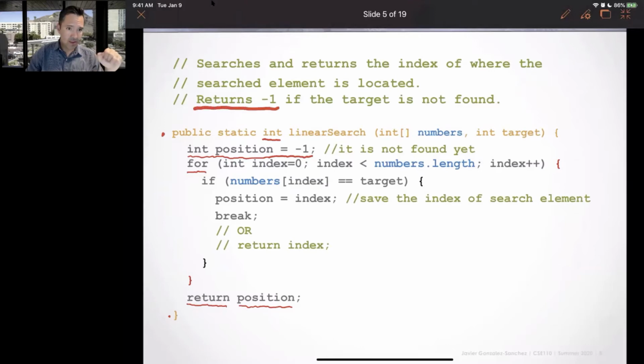Return -1 if nothing was found. The only way to return something different is if I found what I am searching for. Okay, this is the variable with an initial value. This is the return for that value, and everything else,